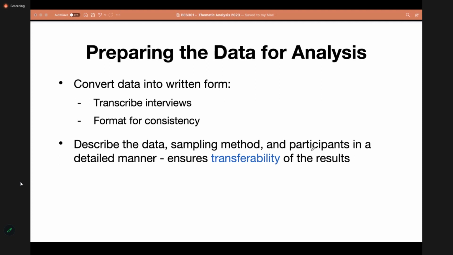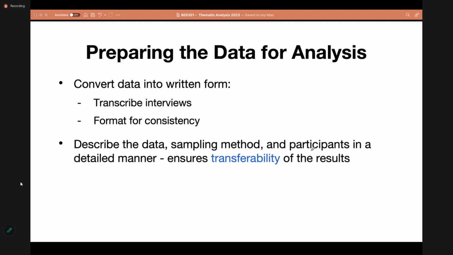And of course, background information, such as how you selected your respondents, your sampling method, who you talked to, a profile of your participants, who they are, their experience, background, all those things, you have to mention in your research methodology chapter.